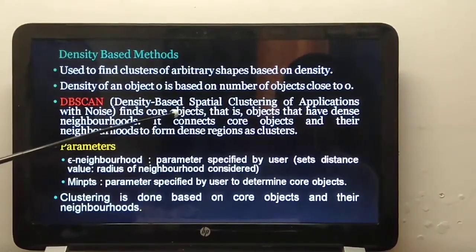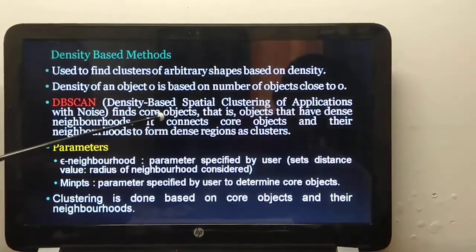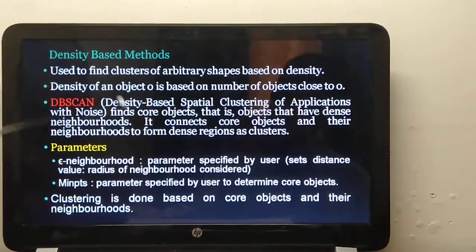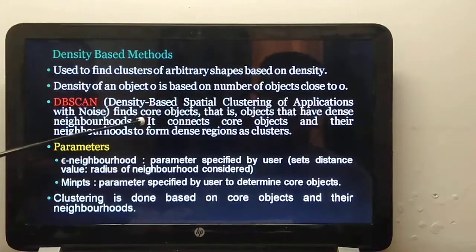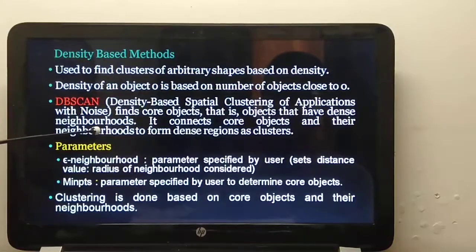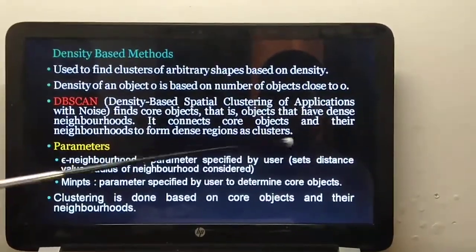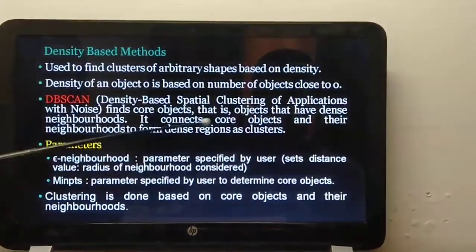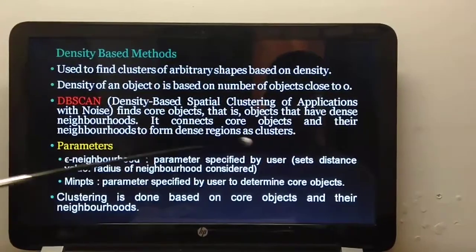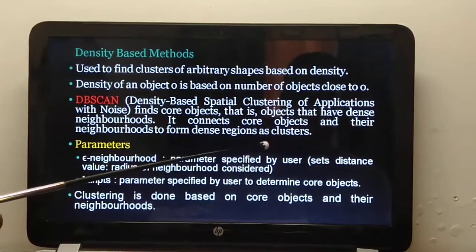That means core objects are those points which have got the minimum density required for an area being dense. So we find the core objects and then the neighborhood of that particular core object is called a dense neighborhood. It connects core objects and their neighborhoods to form dense regions as clusters. So from one core object to another core object we keep connecting till we have connected all the dense areas. Then we have got clustering, arbitrary shaped clustering for dense areas.